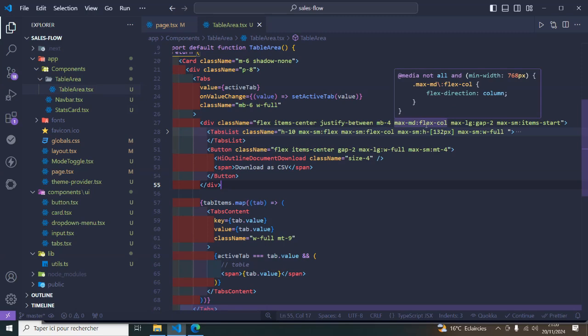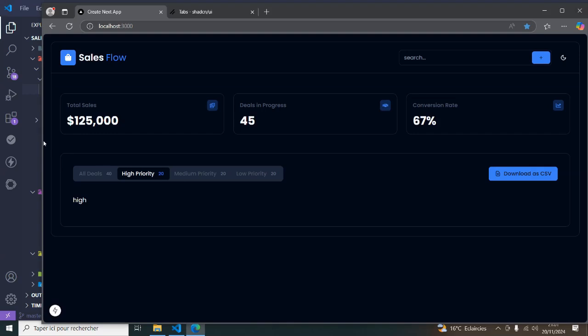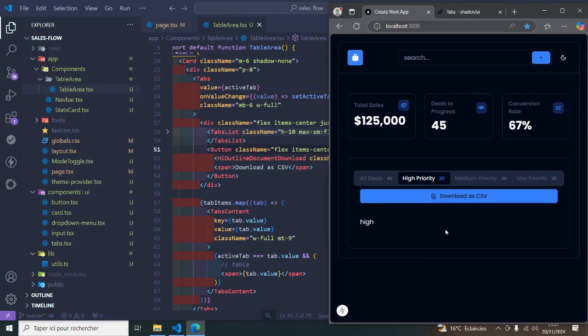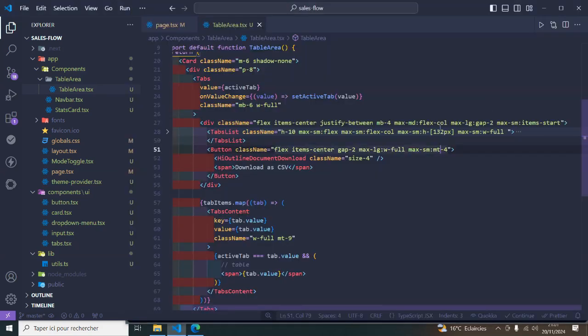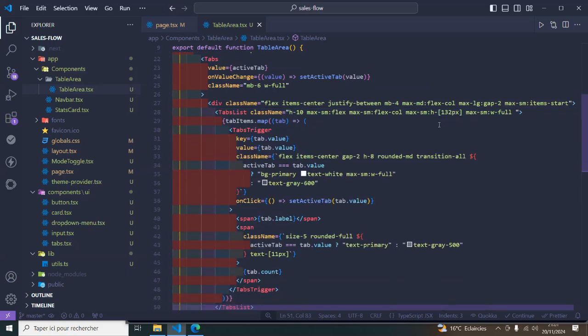And here we're using the media query. So when we hit 768 pixels, it's going to turn to flex-col just to make sure that these two elements are going to be on top of each other like this. That's why we used this media query, and also we used some gap on this screen size, and also we are using items-start. And here inside the tabs list, we're going to use again